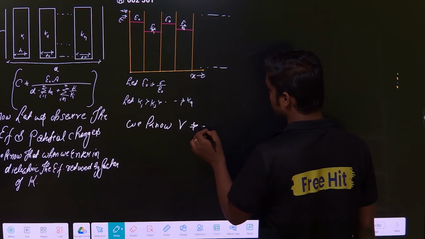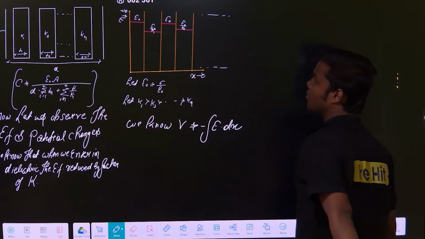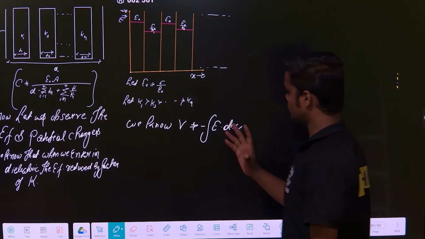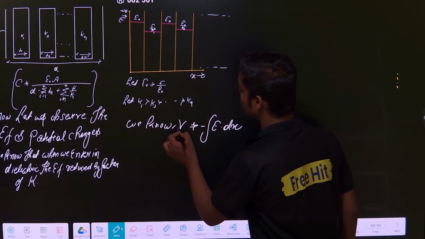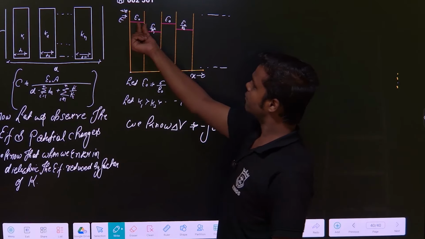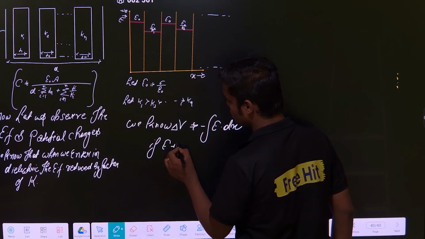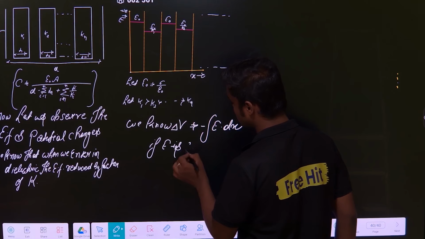This is minus times the integral of E dot dx, correct? Clear? Now I want to plot the graph for the potential. Here, if you see, the electric field is constant. If my E is constant,